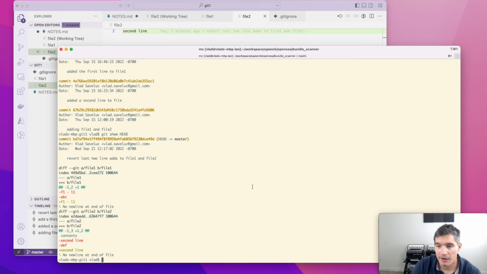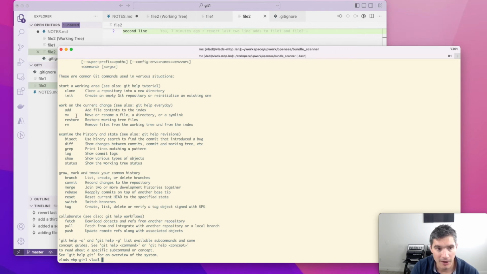So far, we only added files to our repository, but what happens when we need to make other file operations like copies, removing files, or renaming them? Well, thankfully, Git has subcommands for this. So if we do a git help, we will see that in here we have git mv for moving or renaming a file, and git rm for removing files from our repository. There is no git command for copying files, but we actually don't need it. So let's say we copy file2 into file3,